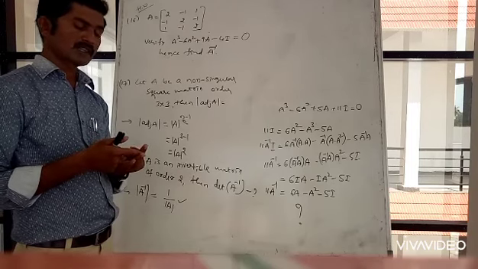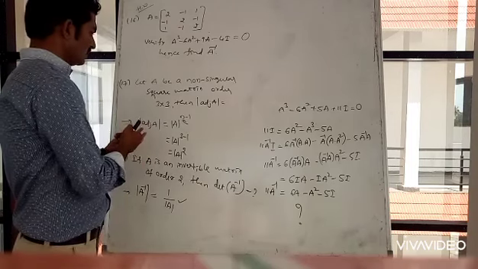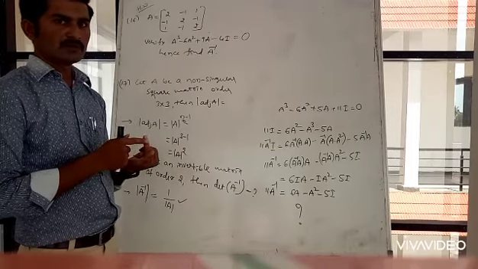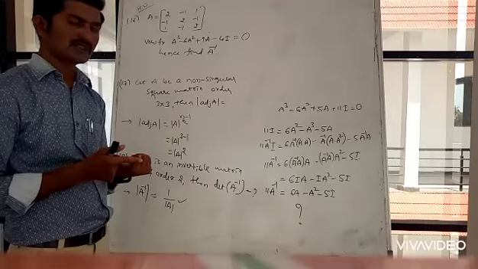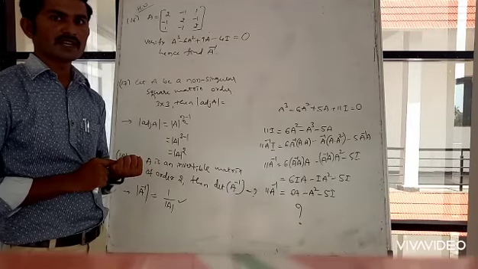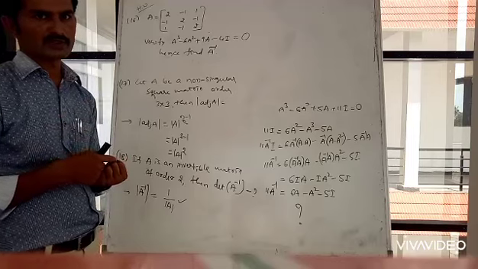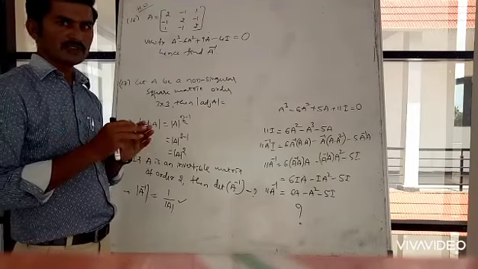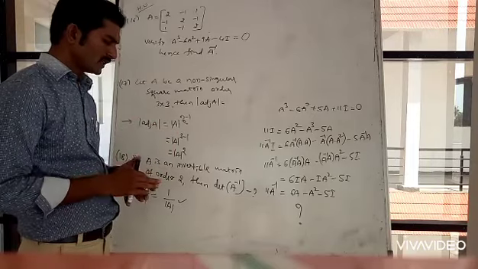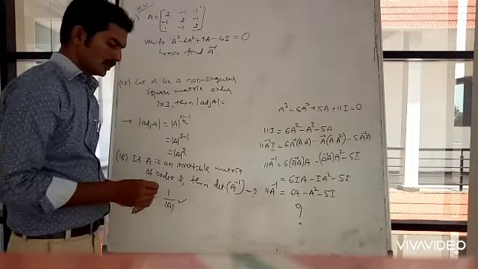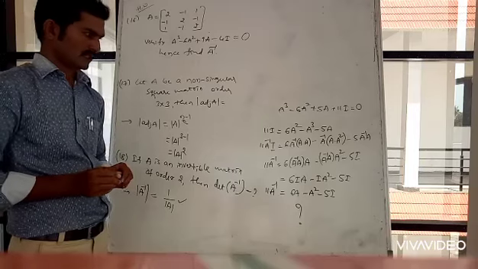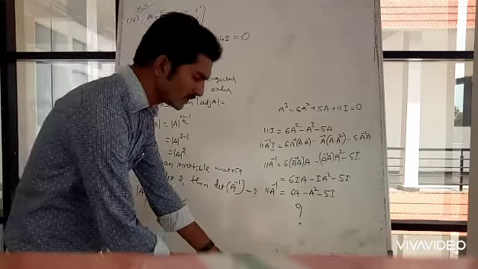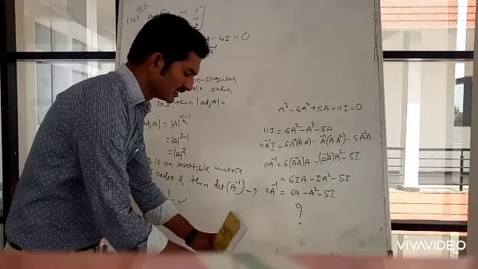Then next thing is area of the triangle by using determinant. Then minors and cofactors. Next is adjoint of A. Next is A inverse. Okay. So by using all these, we need to study how to solve the linear equations by using matrices and determinants.